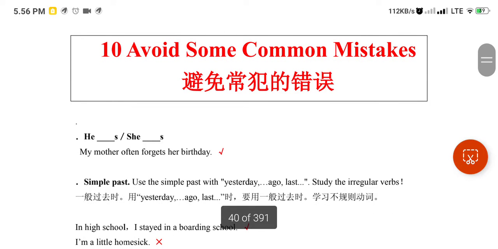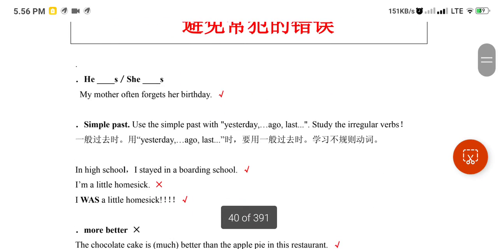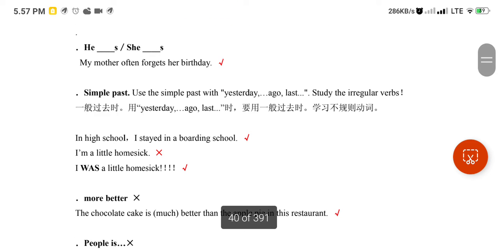To avoid some common mistakes. He, she. My mother often forgets her birthday. Forgets. Simple past. Use the simple past. Simple past. Yesterday ago,